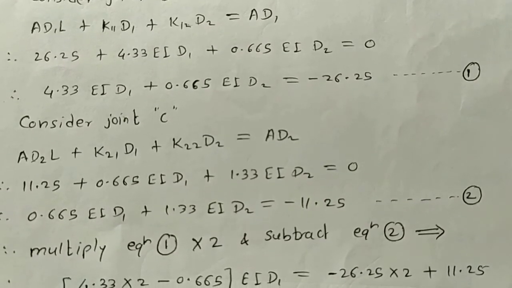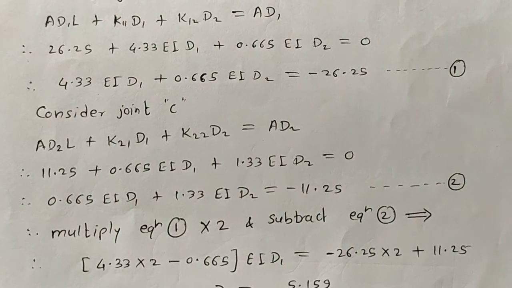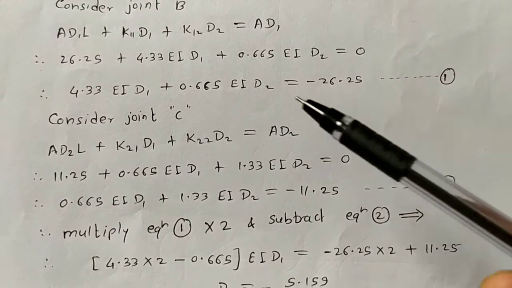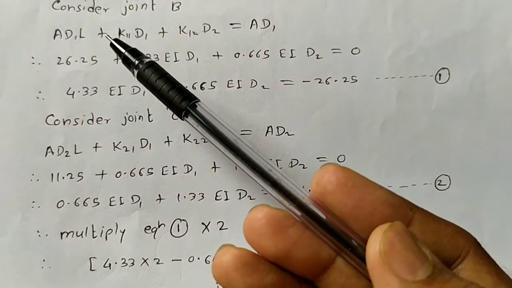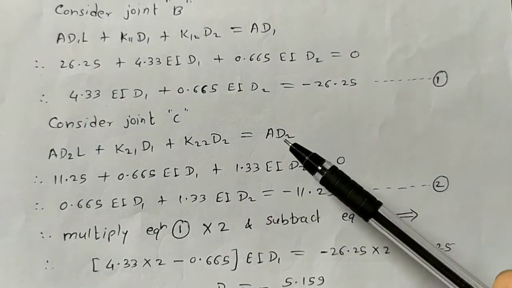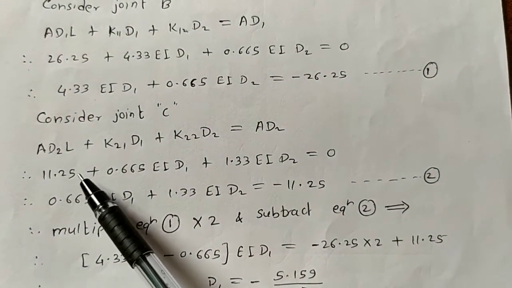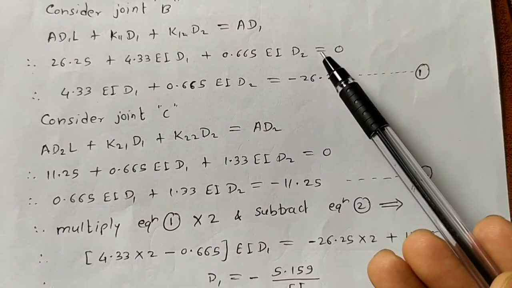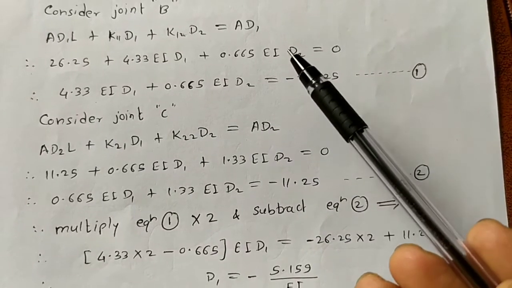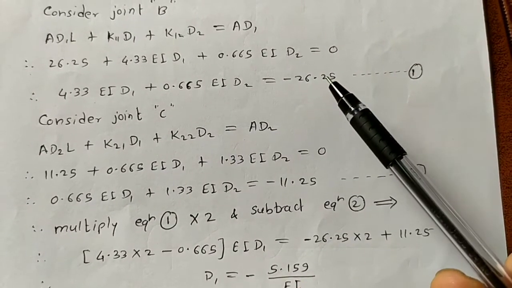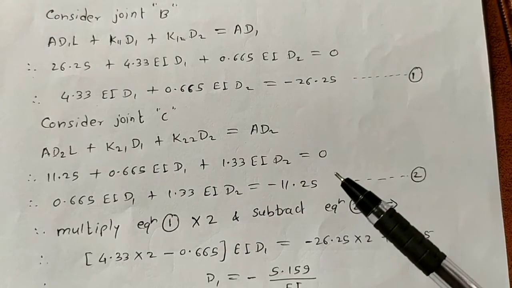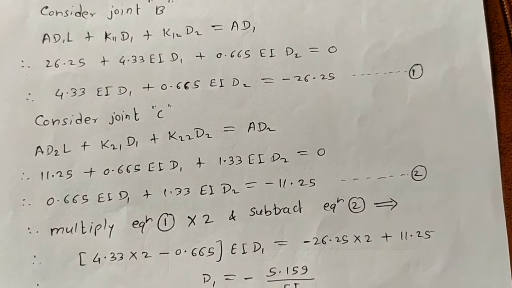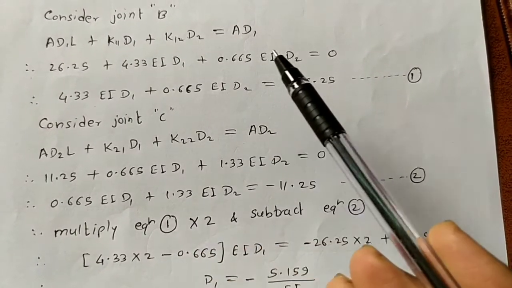Now again, consider that some students are not able to write the stiffness matrix, or they have forgotten this equation. Still, they can write this next step, this equation, this line. After writing this, of course they can get these 2 equations, and by getting 2 equations they can get D1 and D2. So now, how to write this line?